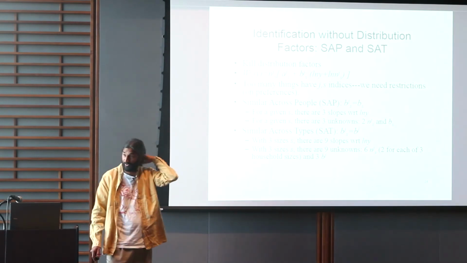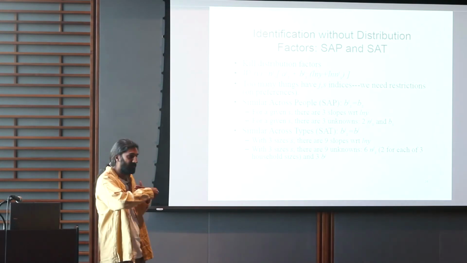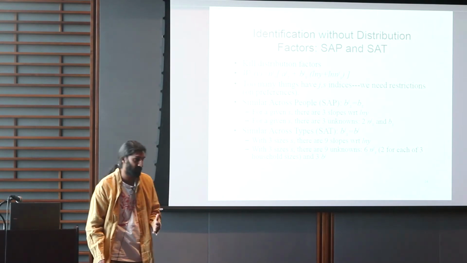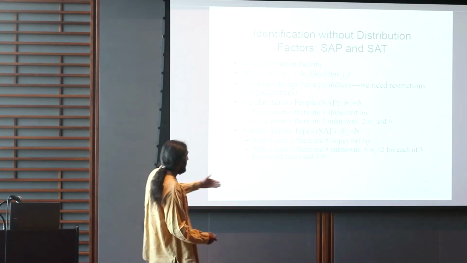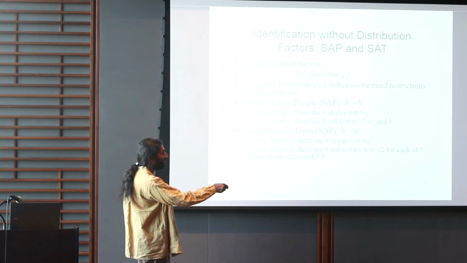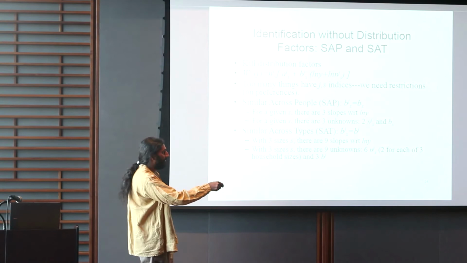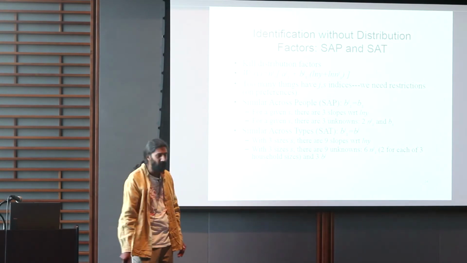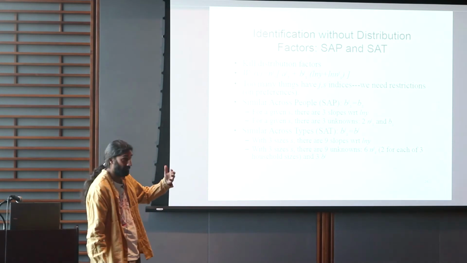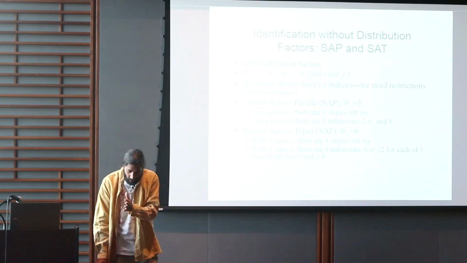You could also impose similarity across the types of economic environments that these people are in, and those economic environments are households with 1 kid, 2 kid, 3 kid, 4 kid. I'm going to say, well, let's say that each person does have their own slope, but that slope is the same whether they're in a household with 1 child, 2 child, 3 child, or 4 children. That is to say, preferences don't change that much for a person across these 4 economic environments that are characterized by these 4 household sizes.